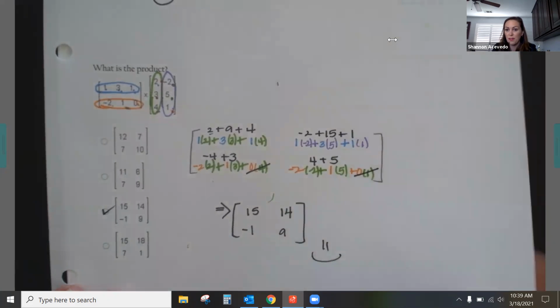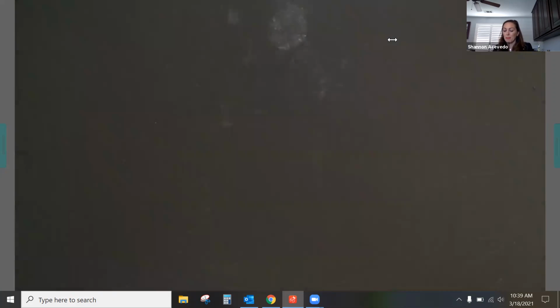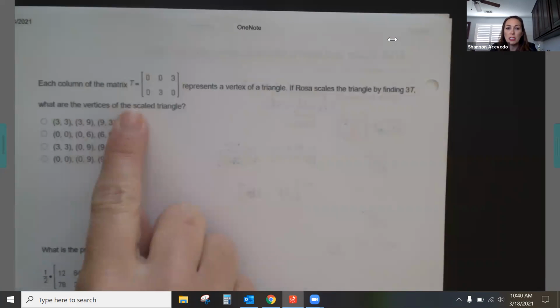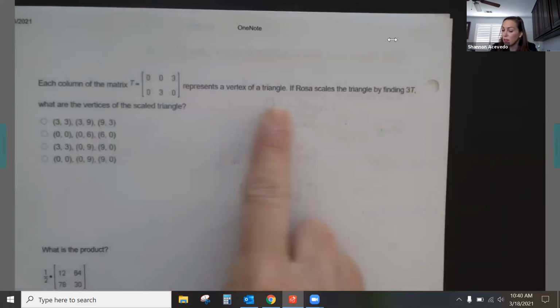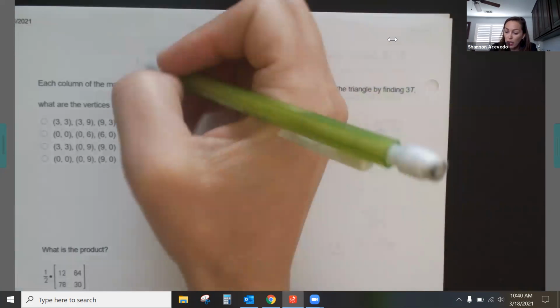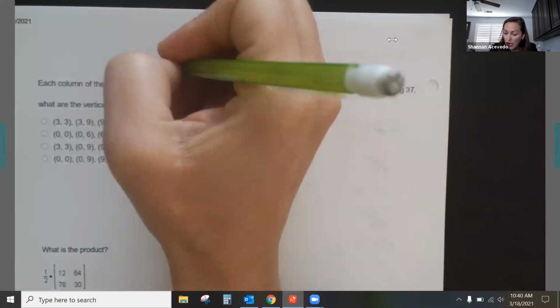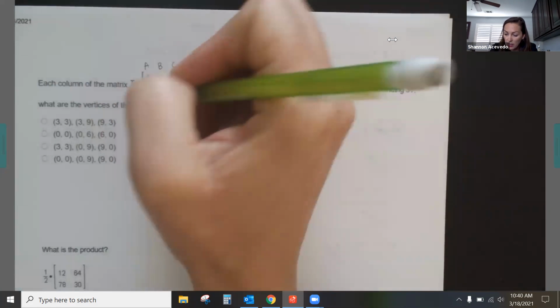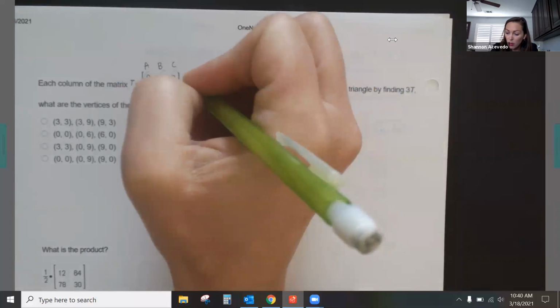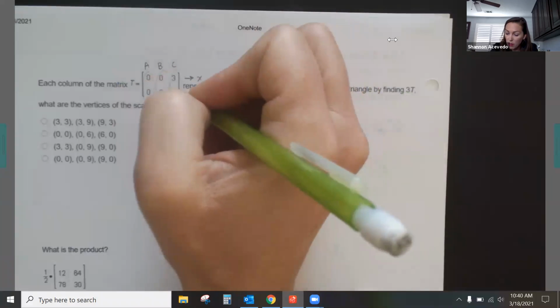All righty, go ahead and flip. All right, so each column in the matrix represents a vertex of the triangle. So this is points on the graph. Remember when we talked about it, this would be like point A of the triangle, B and C. So each of these would be the points. And then going across, this row would be our X values, and this would be our